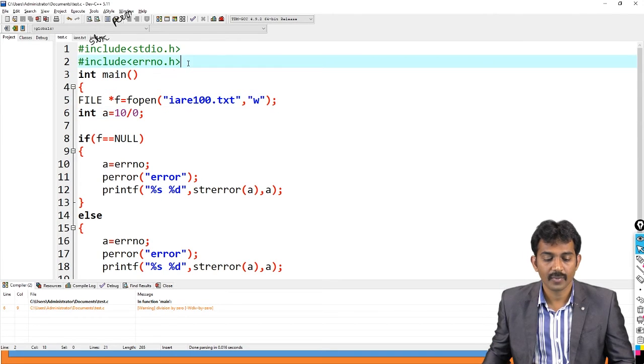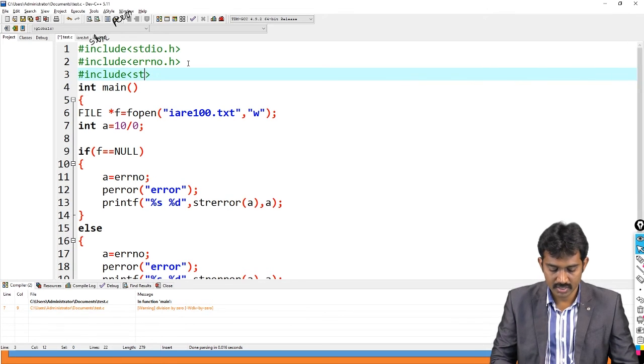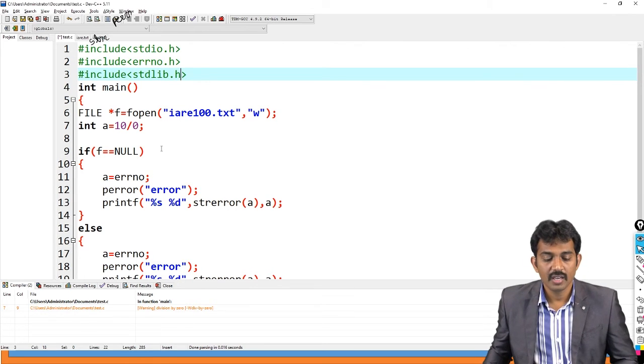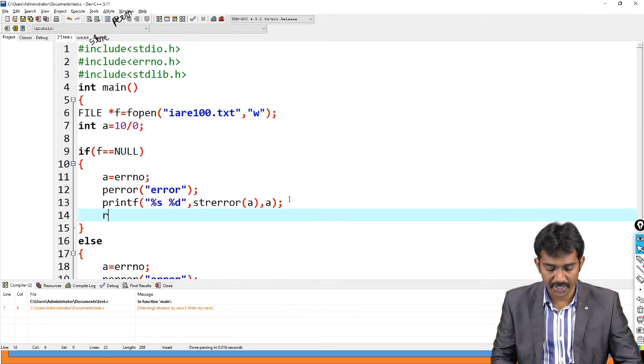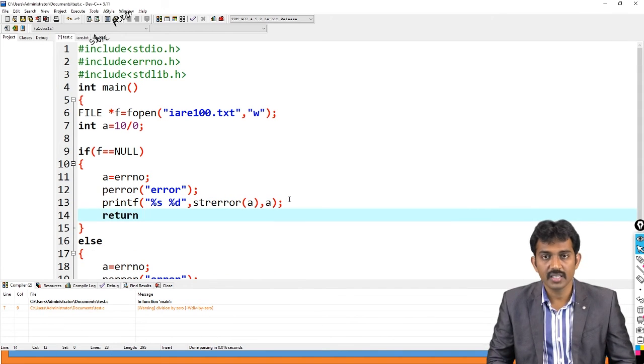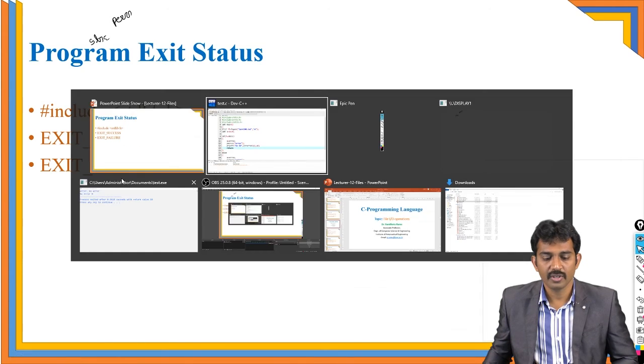See, #include <stdlib.h>, right? Here, if f equal to null, then you can use return. So what is the failure message? Exit failure. Is this clear?